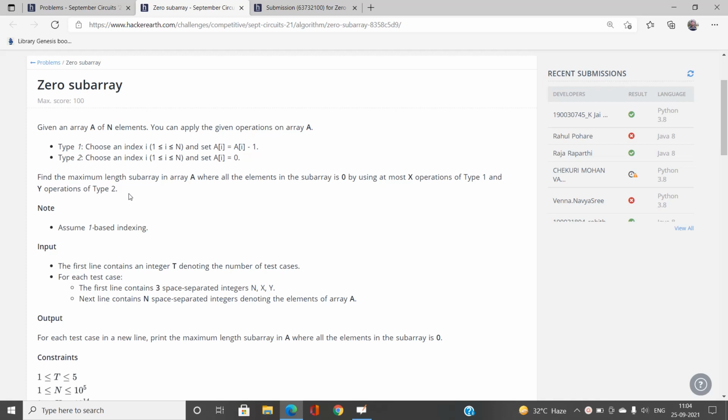I hope you guys are aware of the concept of subarray. And we need to just find the maximum length of a subarray such that all the elements in my currently chosen subarray are going to be 0. If it is not 0, we are going to make it 0 by using at most x operations of type 1. If you understand this statement, like at most x operations, you need to understand that